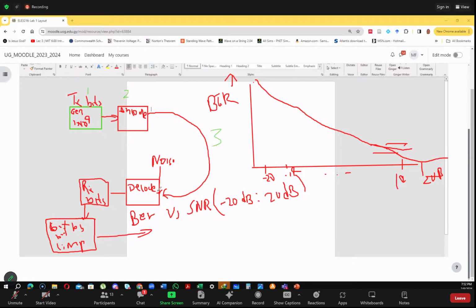Step 3 is a given. Whatever you transmit as your symbol, assume your transmit symbol is your receive symbol. Step 4 is that you add noise. Because remember, noise comes in at the receiver. So when you send your 5 volts here,